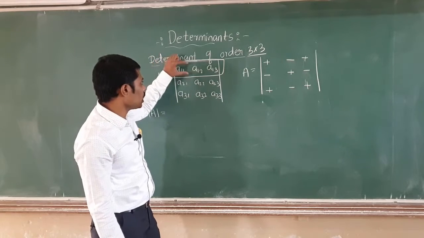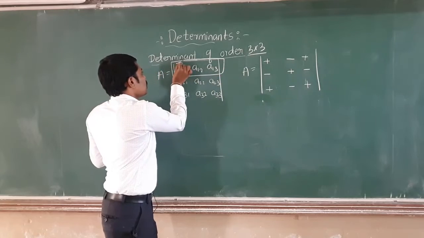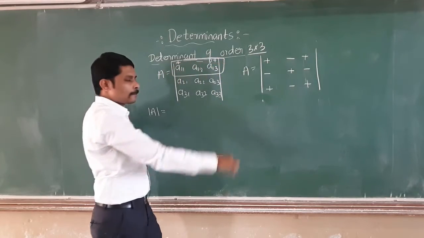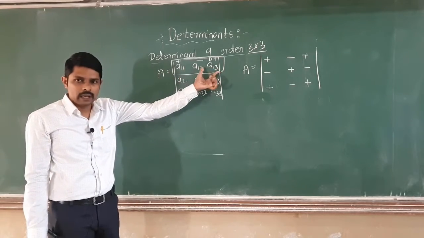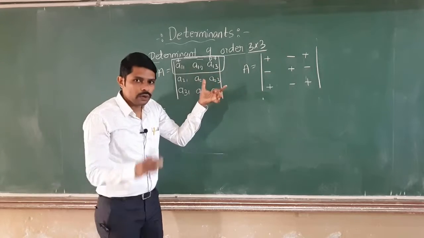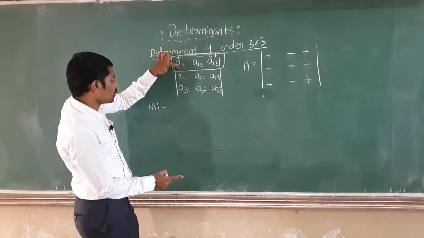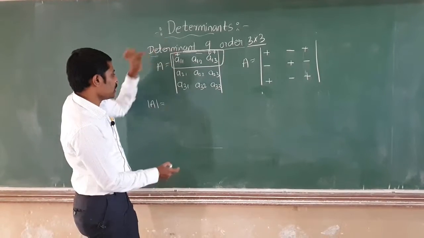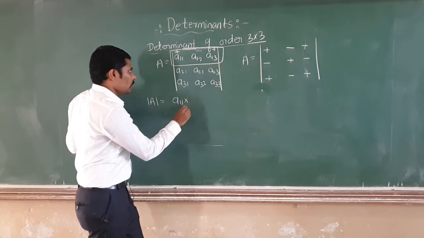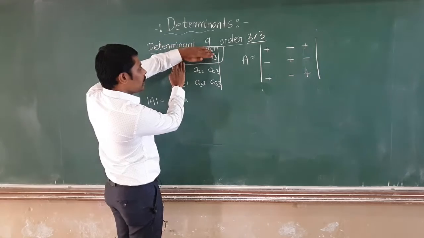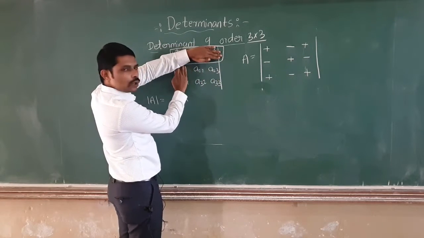Okay. To evaluate along the first row, we know the sign convention of this row, that is plus minus plus. I want to evaluate along the first row. Remember, consider the first element with sign. What is the first element? A11. What is the sign? Plus. So, A11 into, delete the corresponding row and corresponding column, you will get a determinant of order 2 cross 2. Now, you know how to evaluate that one.